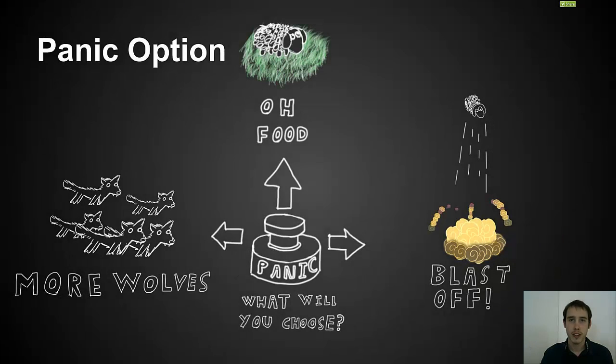To help the player survive, a panic option is available when a sheep encounters a trap. Each time the panic option is enabled, the player will have a choice of 3 different outcomes to their current situation. 1 to save the player's sheep, 1 to help the player in a different way, and 1 to make the problem a little bit worse. But you never know, it might be better.